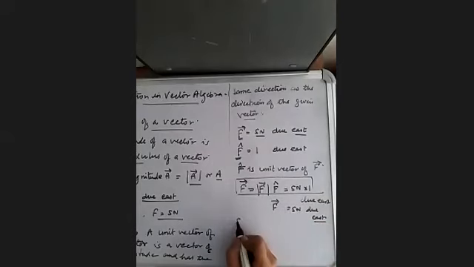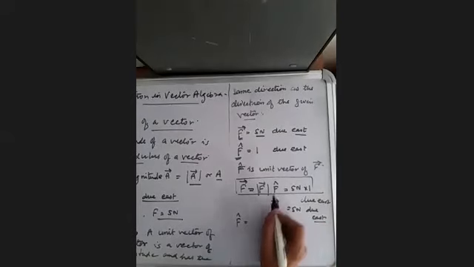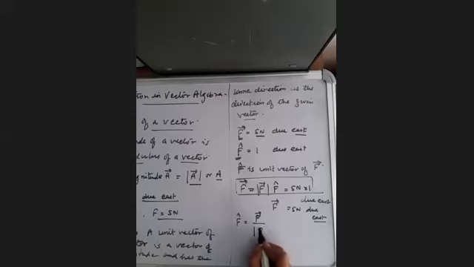So from this, how do we find the unit vector? F cap will be equal to F vector divided by its magnitude. So divide the given vector by its magnitude, then the magnitude will cancel, and what will be left is only the direction. So that is what a unit vector gives. The unit vector F cap of F is equal to the vector divided by the modulus of the vector.